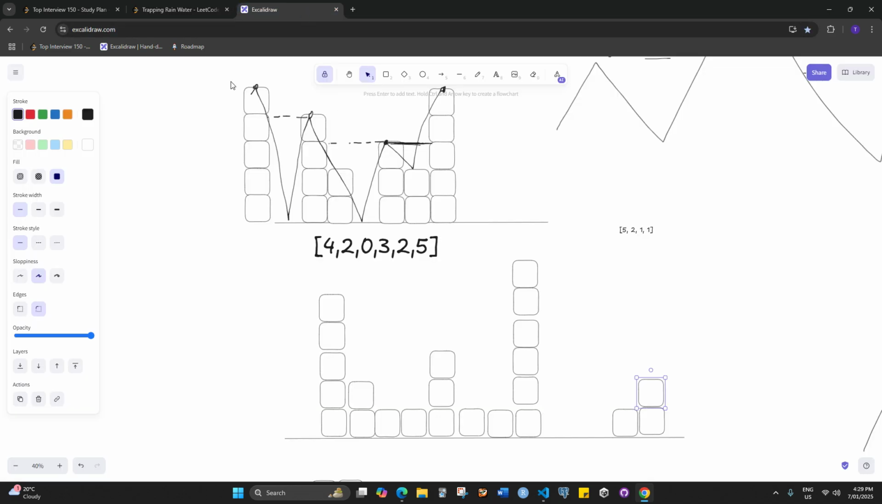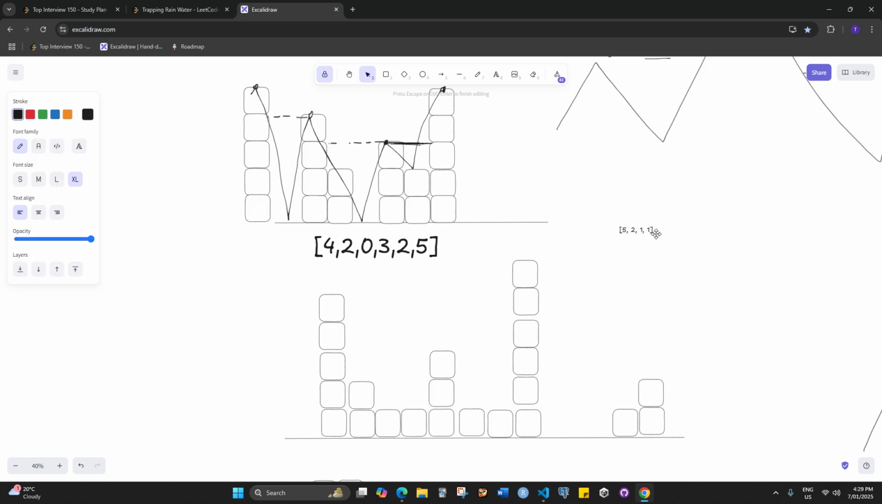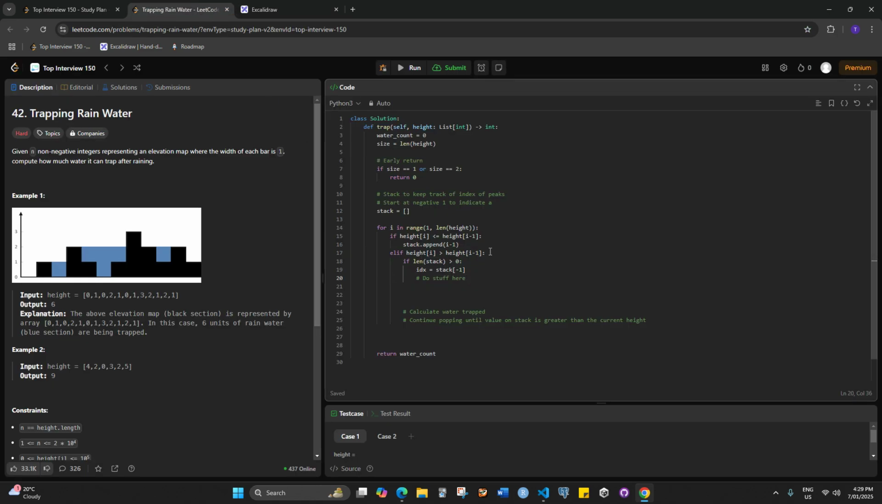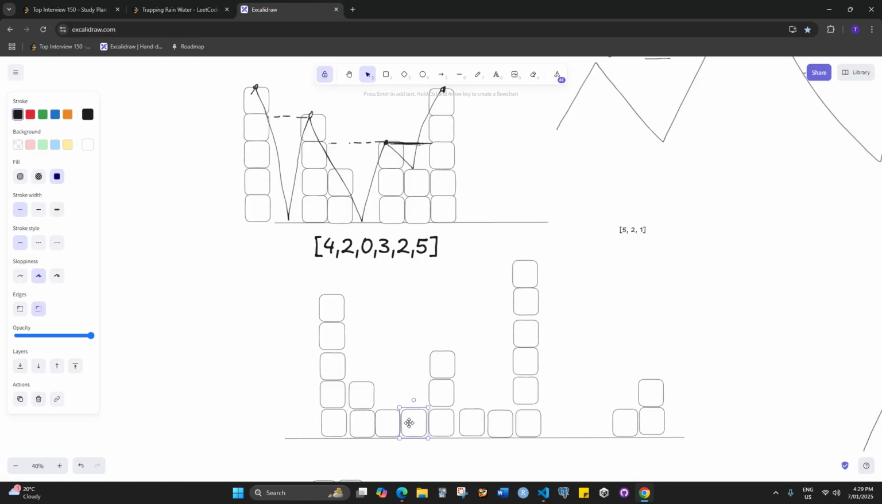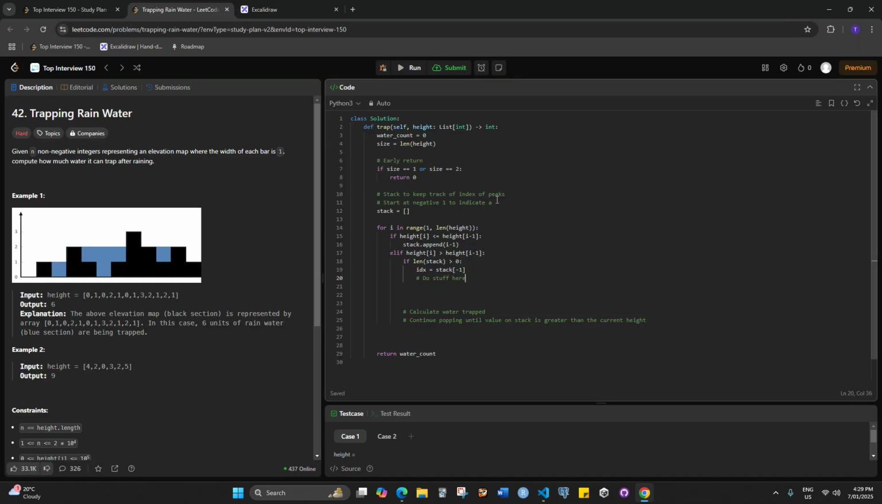So if the stack is greater than 0, the idea is we iterate through here. We would have added this one to the stack, this one to the stack, this one to the stack, this one to the stack, no, this one to the stack. So it will look like this right now. And then when we're over here, if the height is greater than I minus 1, which it is, then